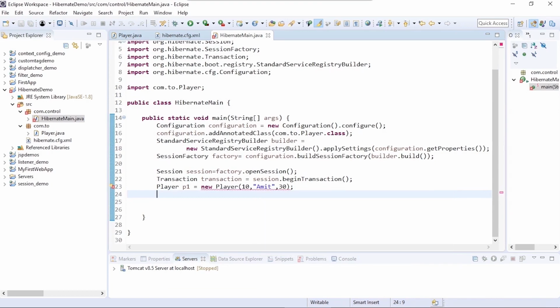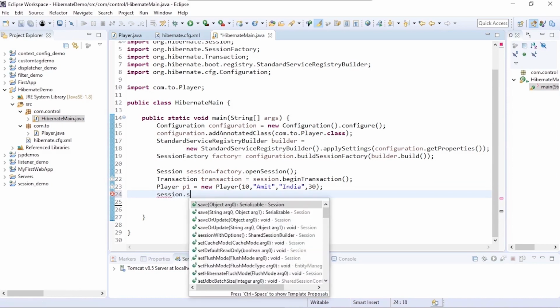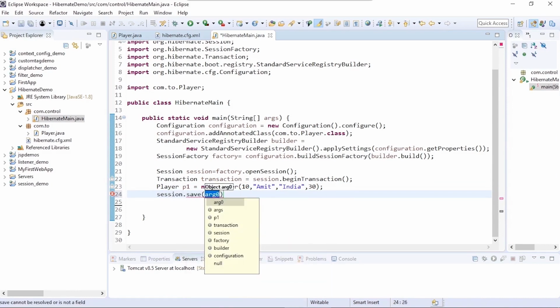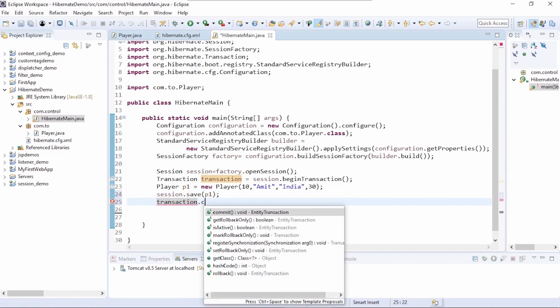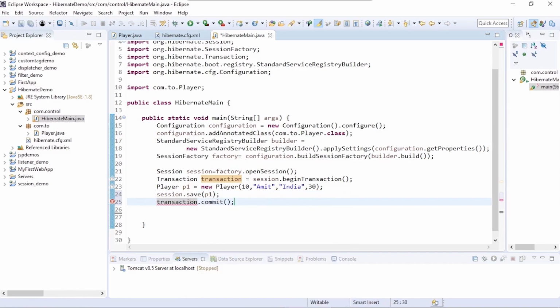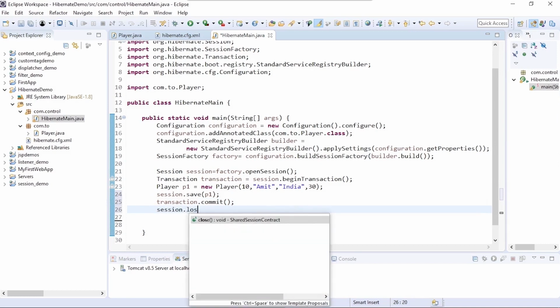We also need to give a fourth parameter here, which is the team name, so we'll specify that. Then we use the session object to save the player object. Post that, we say transaction dot commit so that it persists the transaction, and then we do a session dot close.